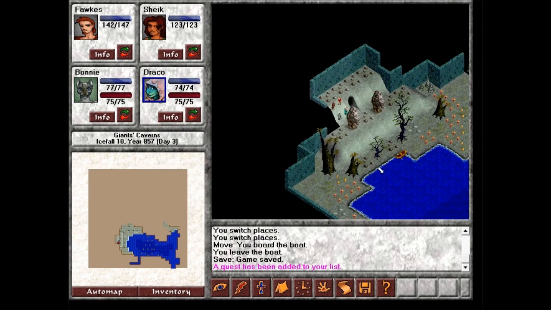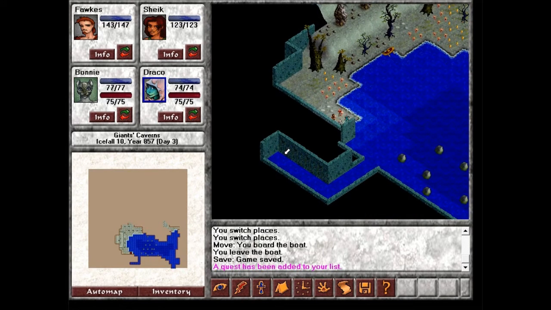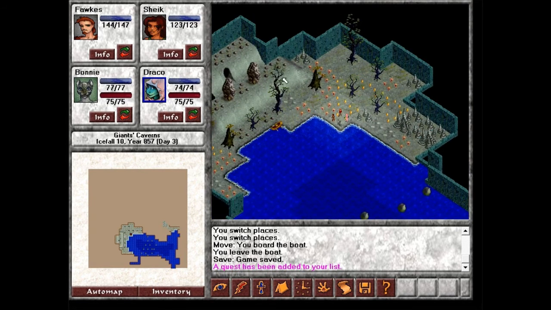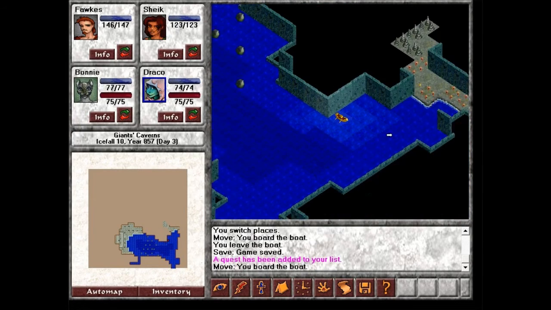Relieved to avoid a fight, you climb out of the pit. South of here, we don't really have time to go back south. It said something about giants, so...